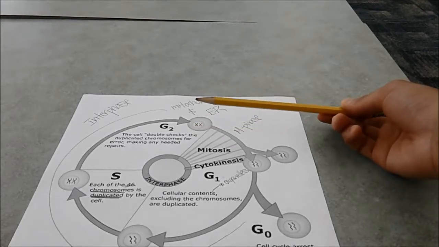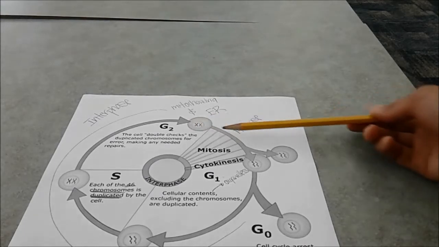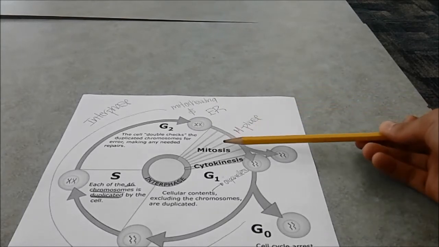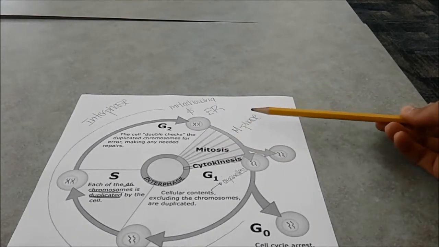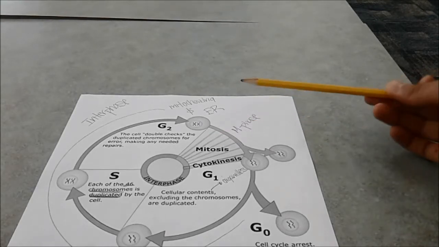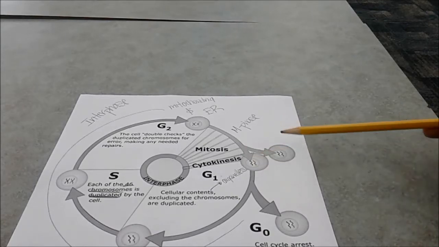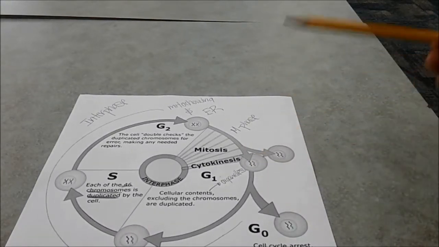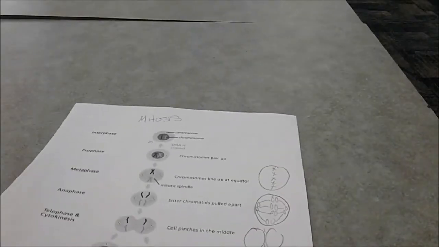If there is an error that is found, then it will stop going on to the next phase and will start making repairs. The next phase is called mitosis. It is also called the M phase, but I'll review that again. And it ends with cytokinesis, where the 2 cells are split, and now you have 2 diploid daughter cells. Mitosis begins